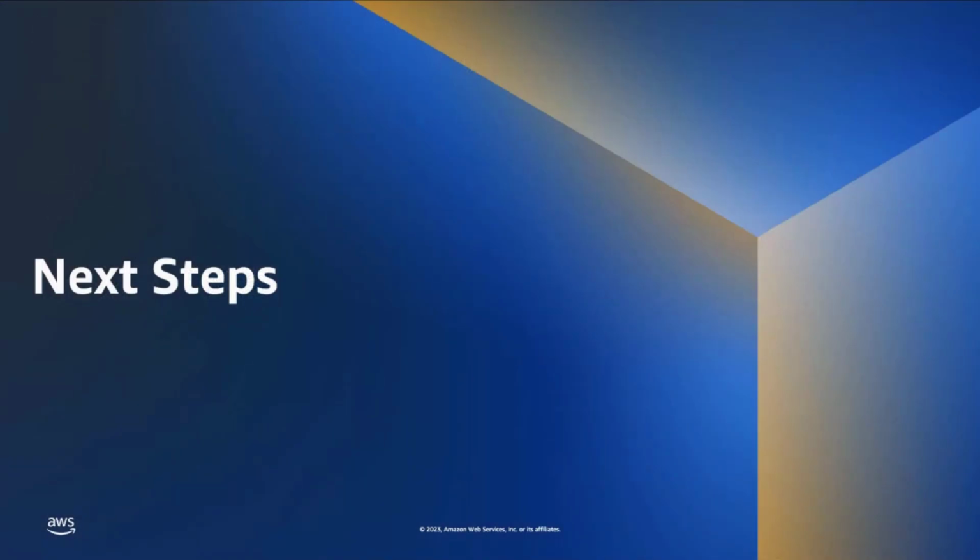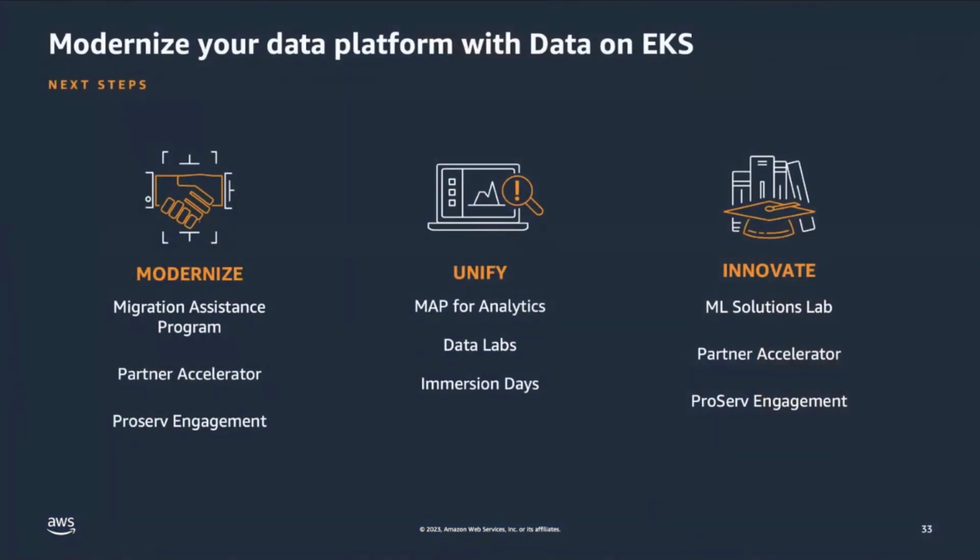So where do you go from here? I've mentioned a number of offerings available within our Data on EKS repo, but for customers that need more, there are a number of different ways that you and AWS can work together to accelerate your journey, in a number of different dimensions, be it analytics, AI, ML, real-time streaming, distributed databases. Within this modern data platform motion, there are a lot of different areas where we can help.